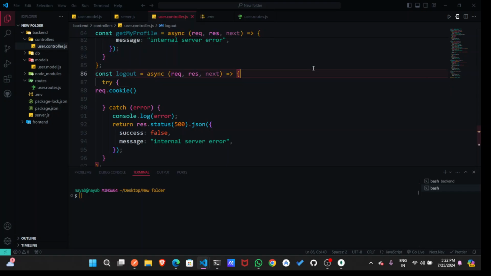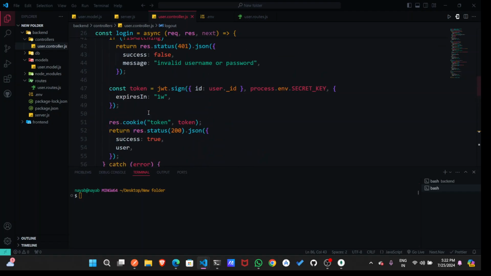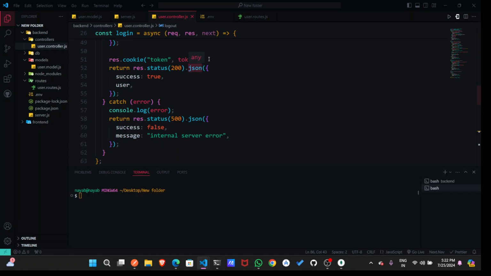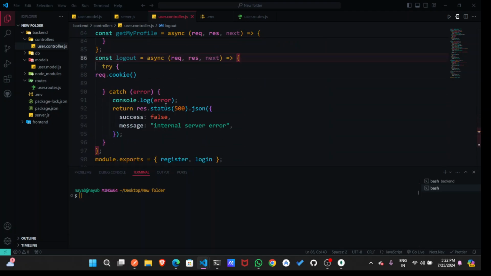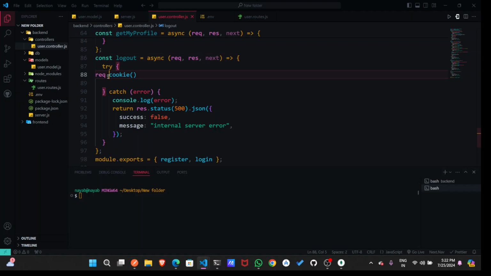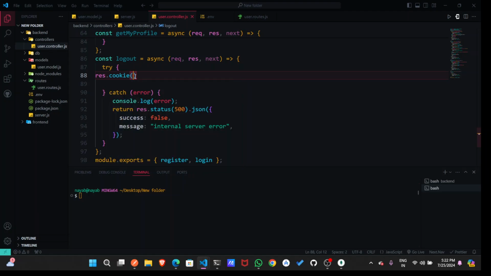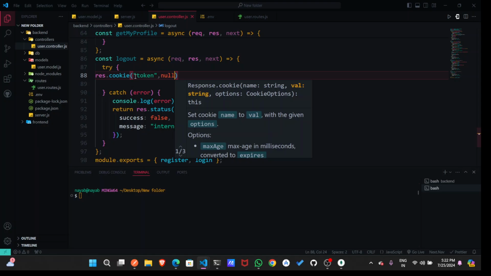I think we have defined it above. Okay, response dot cookie and token. It is response dot cookie, field is token, and it is undefined or null, or it will expire in